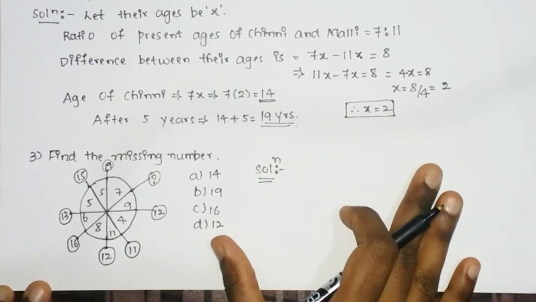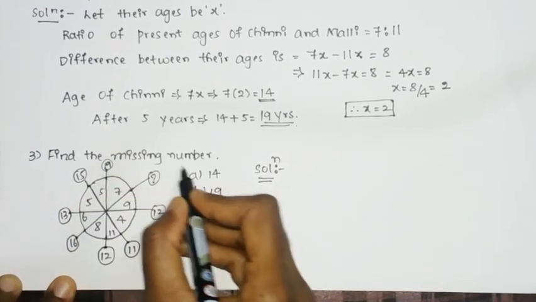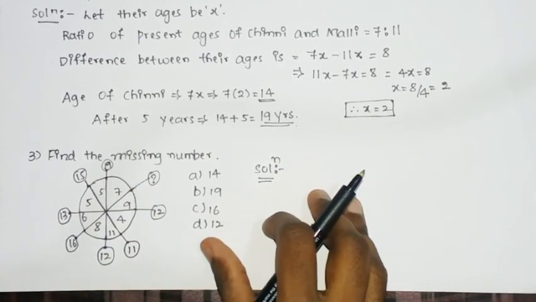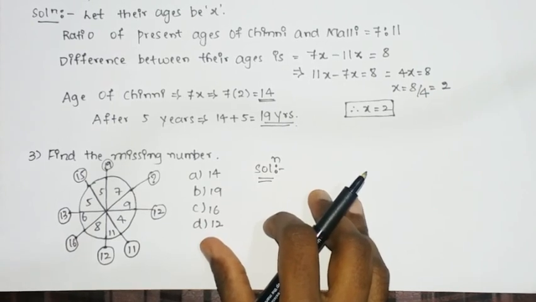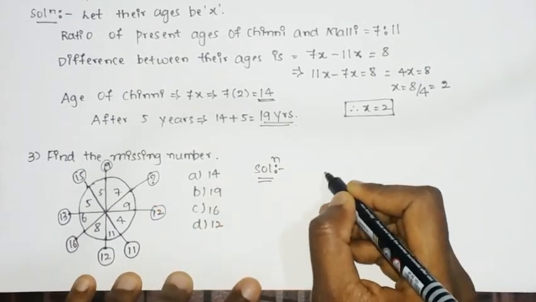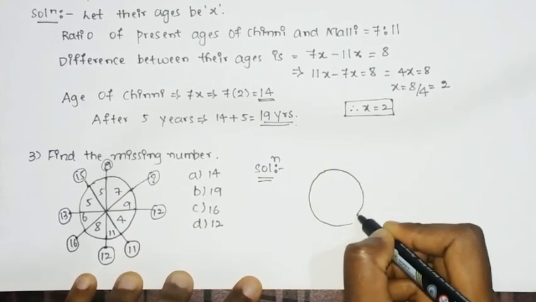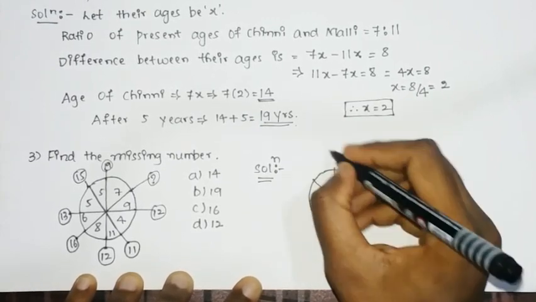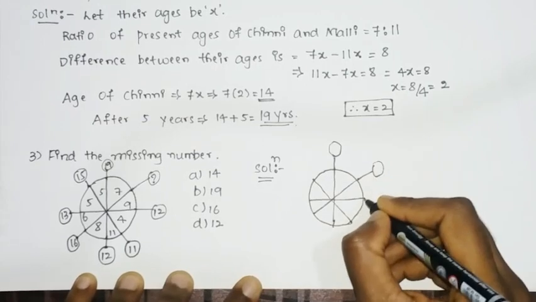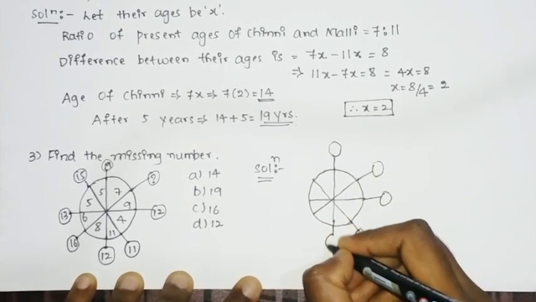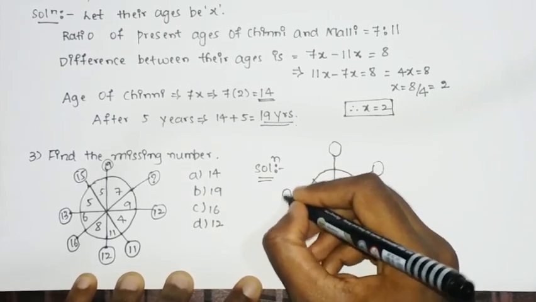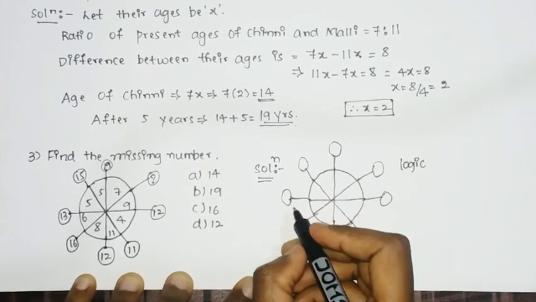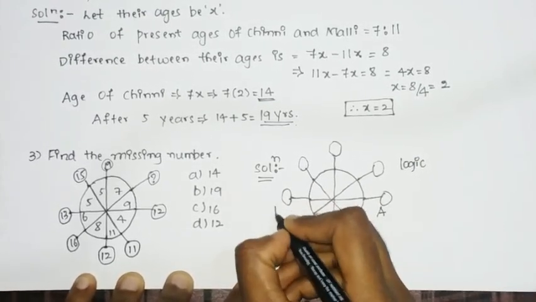So then this is the next question which was asked in Amazon Tech Ops Associate, that is find the missing number. So this is the symbol, and here we need to find the missing number. So in order to find the missing number, we have the logic for this. So similarly I shall draw one more picture. So first we need to find the logic for this. So here the logic is simple. So here if you consider this as A node and this as B node.